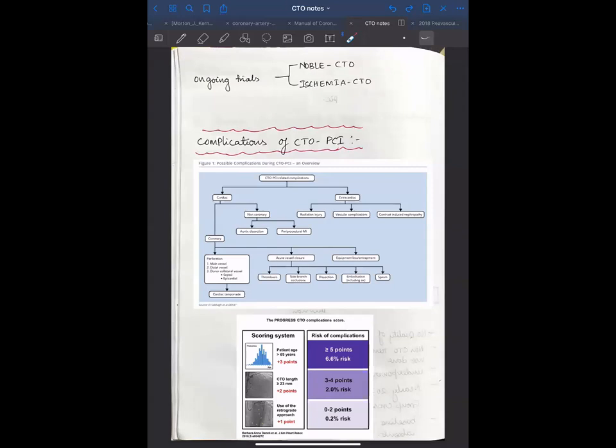One thing which a lot of CTO speakers say is that if you are operating on a person for disability, let's say you are doing a knee surgery, you're not going to assess whether you have saved life by doing a knee replacement. You're going to give that person a very good quality of life with the knee you have replaced. So assessing mortality benefit with PCI of CTO is actually not a correct outcome, is what a lot of CTO operators say. So keeping that in mind, coming to complications, this is also important. Complications can be cardiac and non-cardiac.